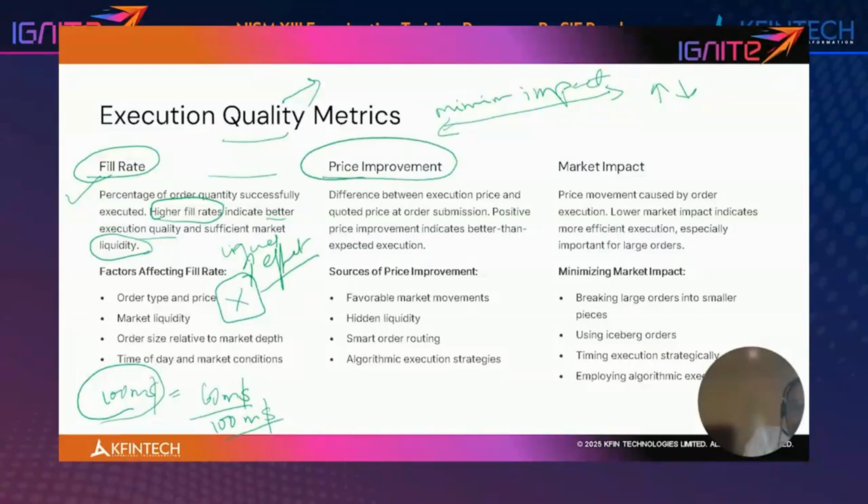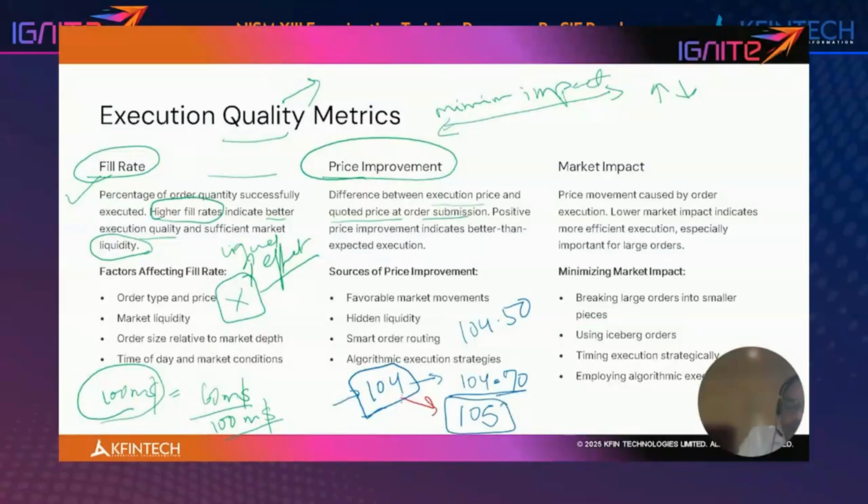Then there is price improvement: the difference between execution price and quoted price at order submission. Suppose I place the order at 104 in the market, and before placing the order I had planned that I can go up to 104.5. That was in my mind, that up to 104.5 is okay. So I placed the order at 104, but when the order arrives at the exchange, the price is 104.70, which is also okay, being near this. But suppose the price goes to 105, that means the market has hidden liquidity